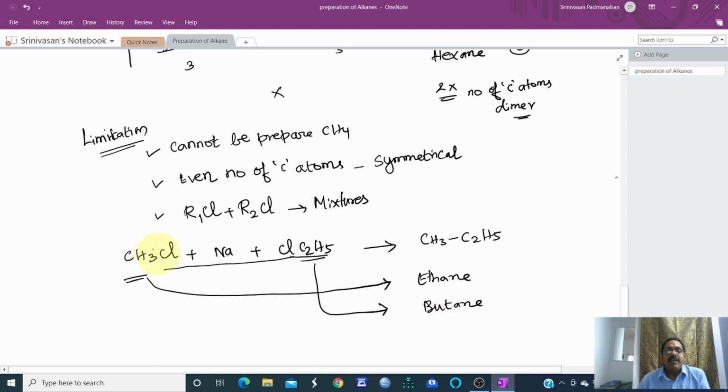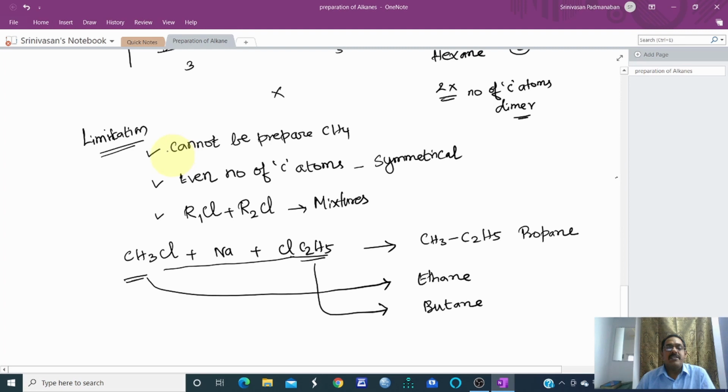So if you take different chloroalkanes, you will be getting mixes. The normal one, and this is propane. Odd number also will be formed, but it will be in mixes. Propane will be there, ethane will be there, butane will be there, and another problem for us is we have to separate all the three. That is economically a waste. Therefore, time is also wasted if you are going for separation on a large scale. If it is an industry, think about it. Therefore, these are the limitations.